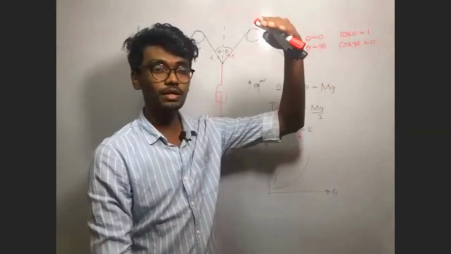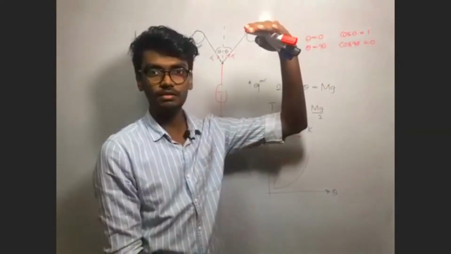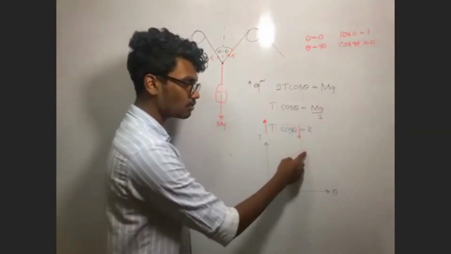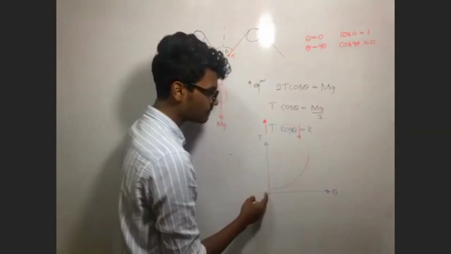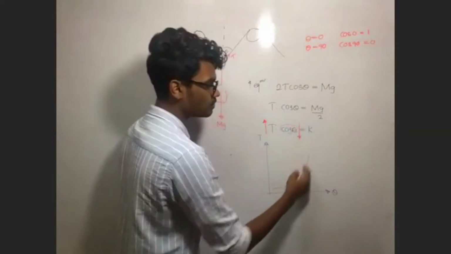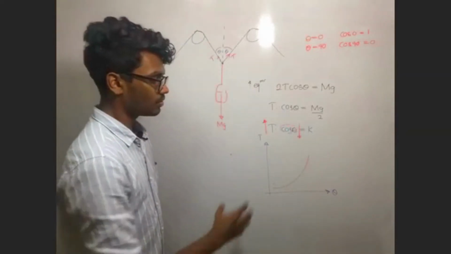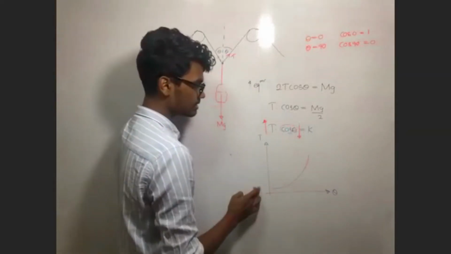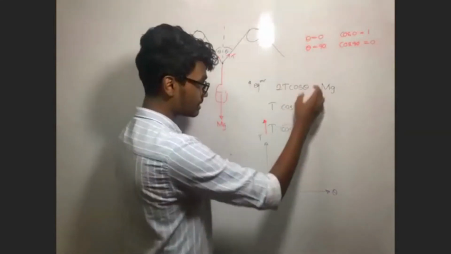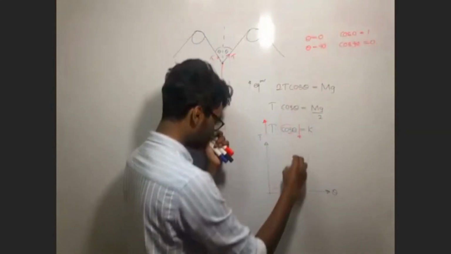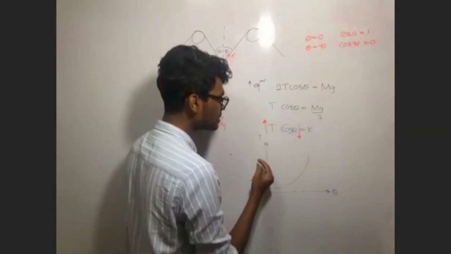The maximum is 1, next 0, minimum is -1. So rather than this curve, this should be the curve which should work, right? So when theta increases, the cos theta largely decreases. So the tension,